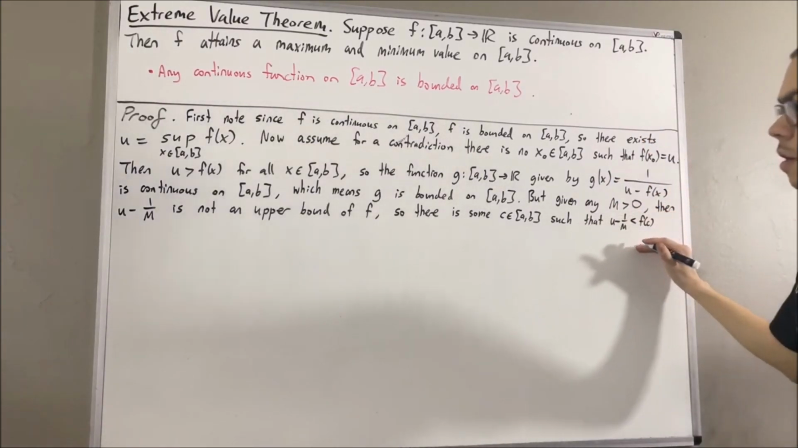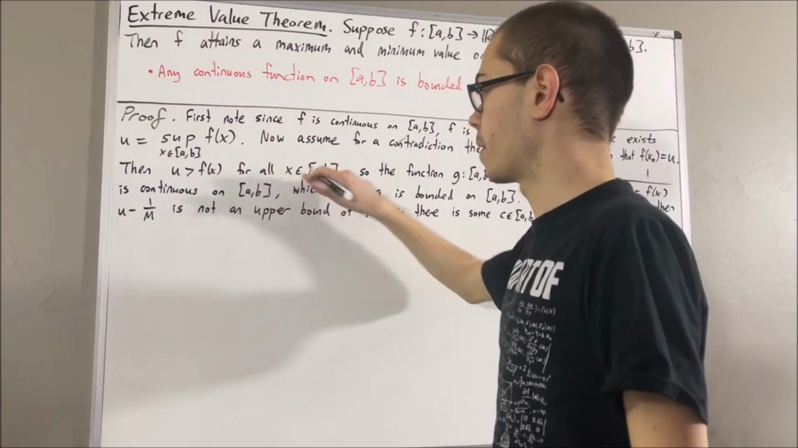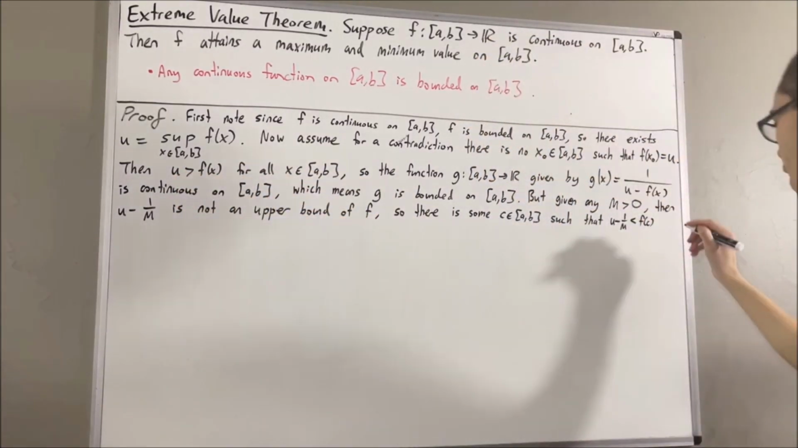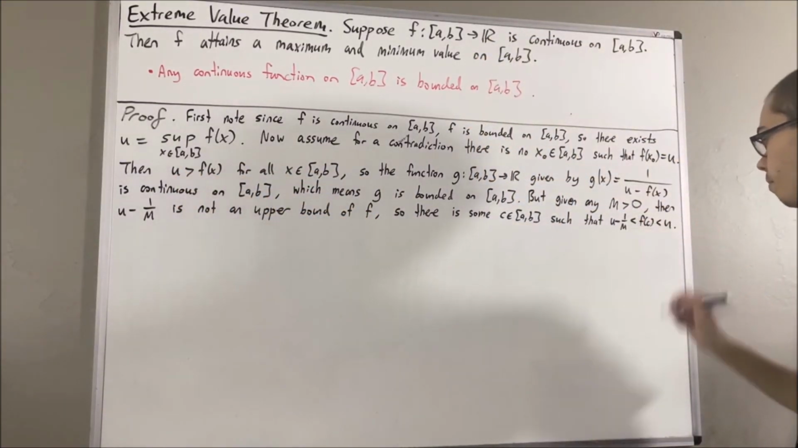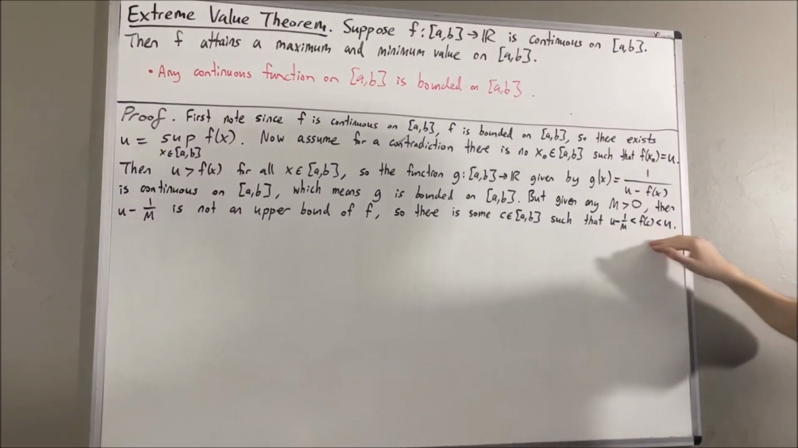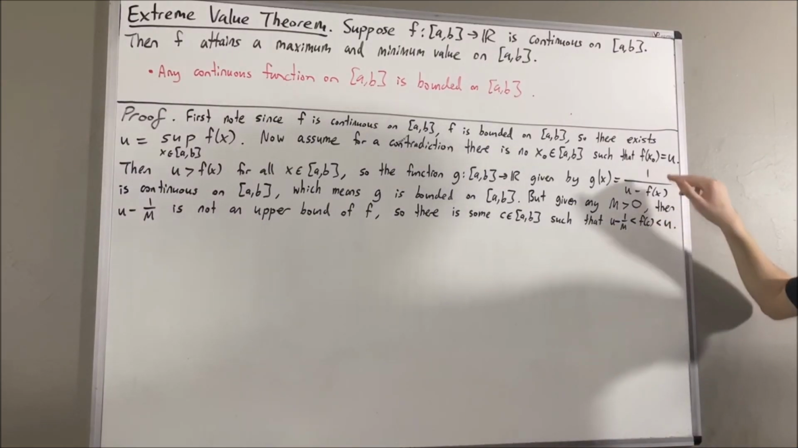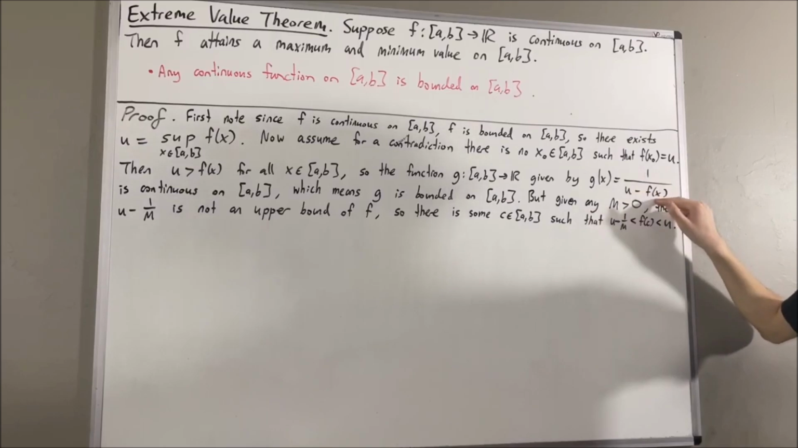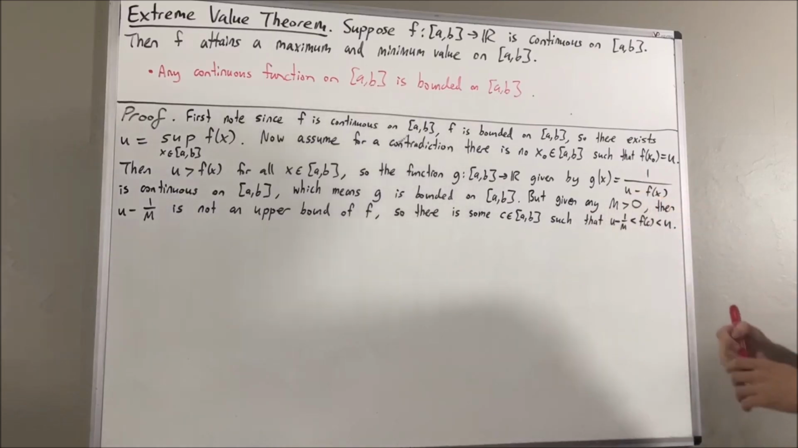But remember, every output value of the function f is less than u. So in particular, f of c is less than u. But now we're going to modify this inequality so that the middle becomes 1 over u minus f of c. And to see how that happens, we'll notice,